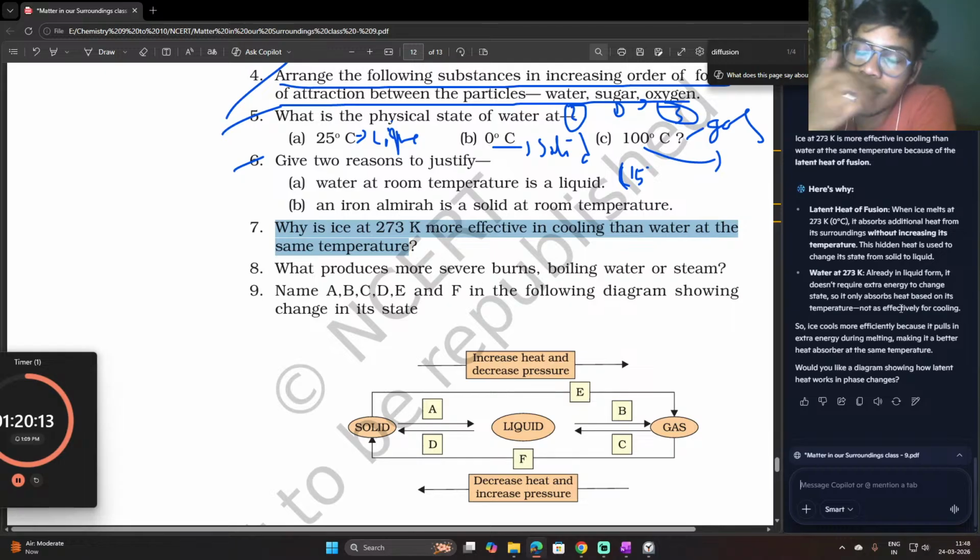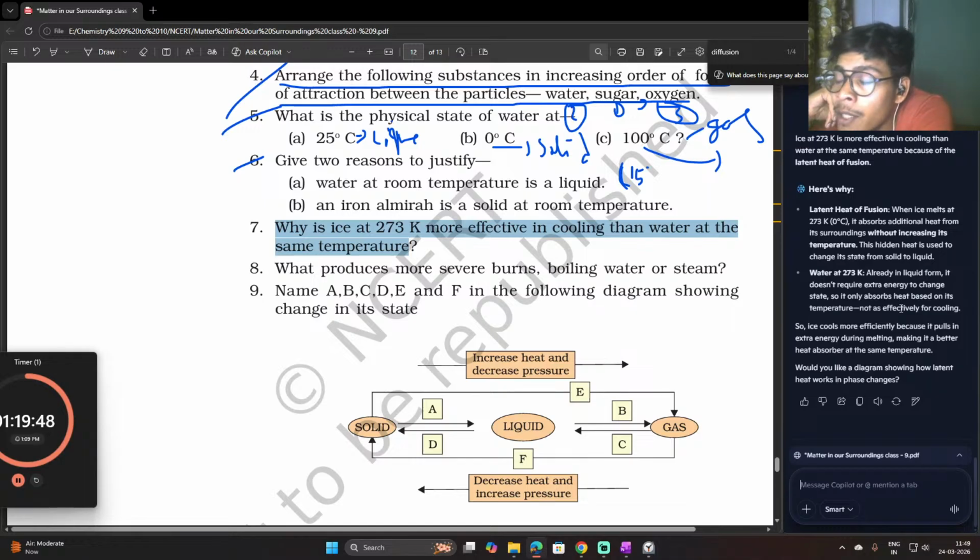If it absorbs the surrounding heat, then all the heat is gone, so there will be cool, or the temperature will be low. So that's what it does. It absorbs heat and changes itself from solid to liquid form. That's why we feel colder, more cool than with water,